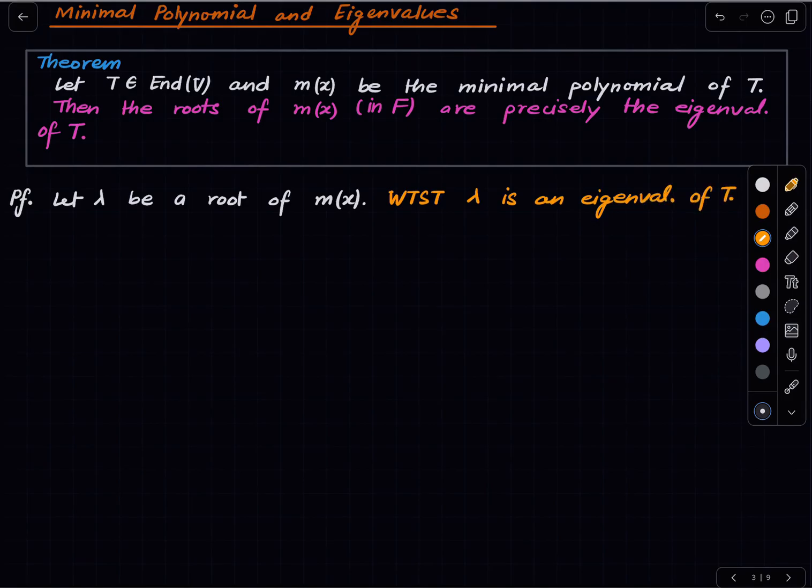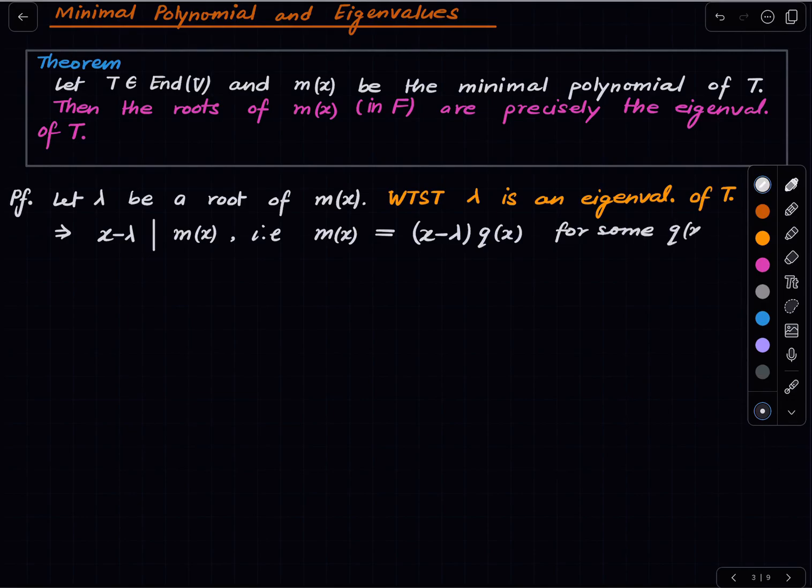Right? So since lambda is a root of m(x), we know that x minus lambda divides m(x), that is, m(x) equals (x minus lambda) times q(x) for some q(x). Okay, but what does that do? That implies